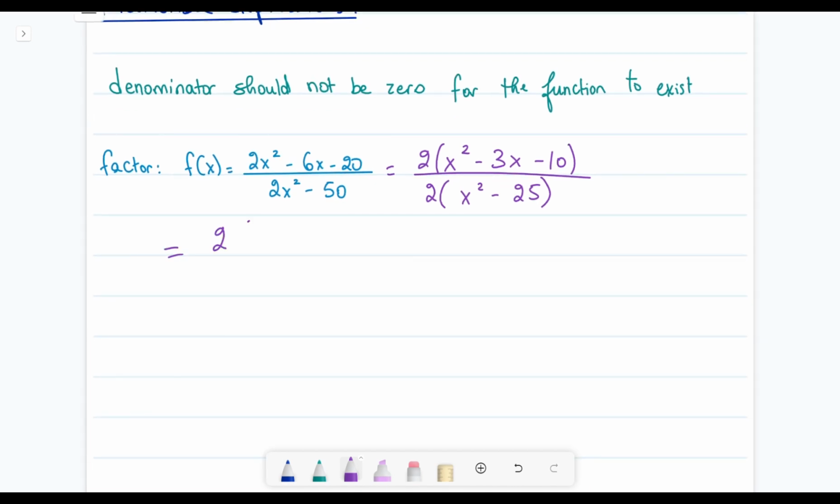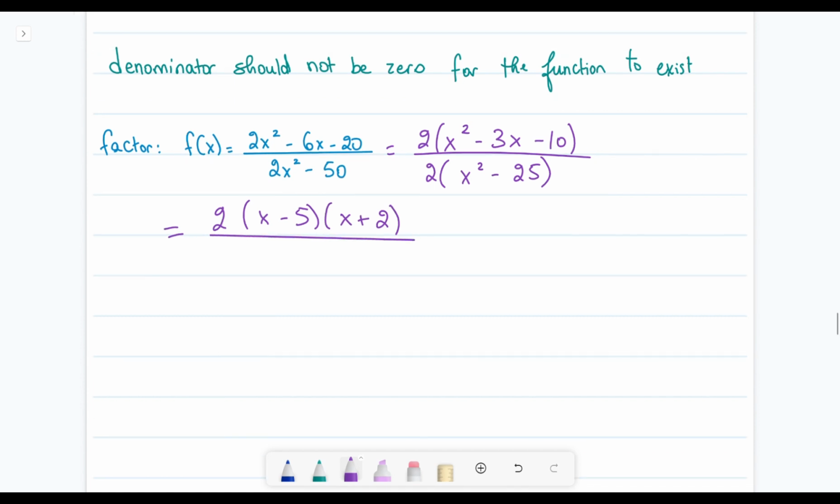Now, if we want to factor the quadratic in the numerator, we get x minus 5 times x plus 2. There are several techniques for factoring. In this case, if you notice, negative 5 times 2 is negative 10. Negative 5 plus 2 is negative 3. And for the denominator,